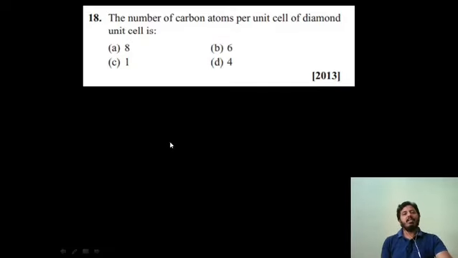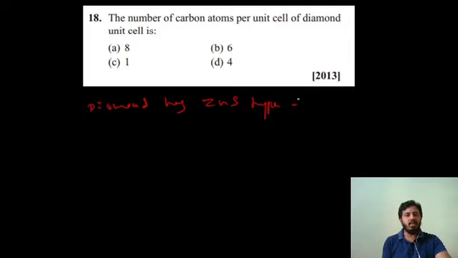Question number 18. The number of carbon atoms per unit cell of diamond is. So this is also one of the trickiest questions. Here we have to calculate the number of carbon atoms. For that they have given diamond. Diamond has which type of unit cell? It is similar to the ZnS type of unit cell. ZnS exhibits a face-centered cubic lattice. And we know that the total number of carbon atoms are present